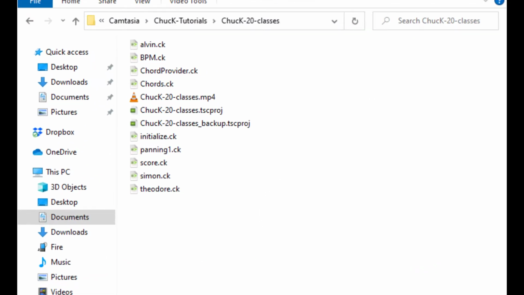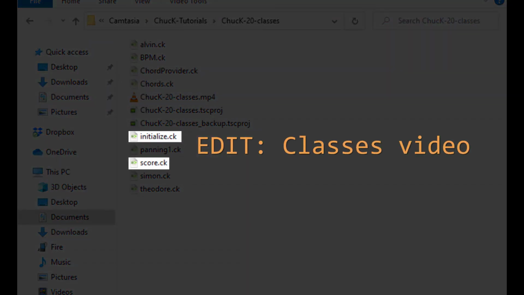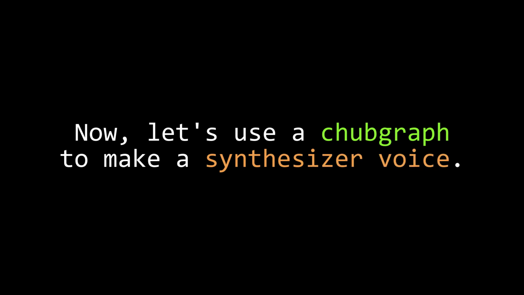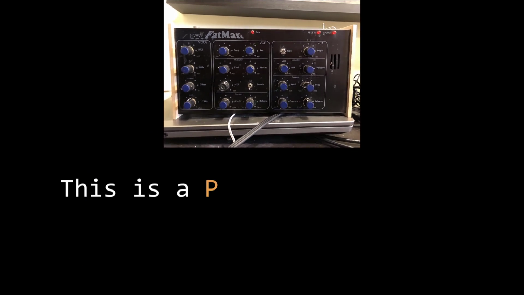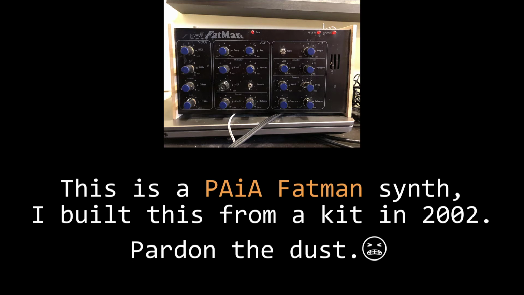And if you use the score ChucK/initialize ChucK pattern that is suggested in the scores video, then you can add those Chubgraph subclasses to your ChucK VM during your initialize step, and then you never have to write that stuff again. So now let's turn our attention to the problem of creating a fully featured synthesizer voice. The idea here is that there's a typical arrangement of sound modules in a typical analog-style subtractive synthesizer. So we're going to arrange a set of UGens that mimics that arrangement so that we can have a reusable